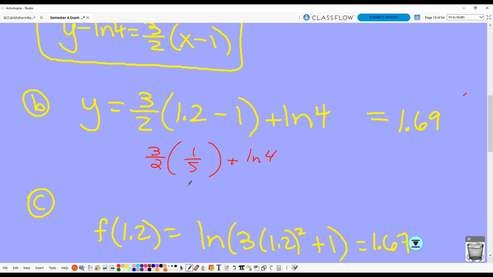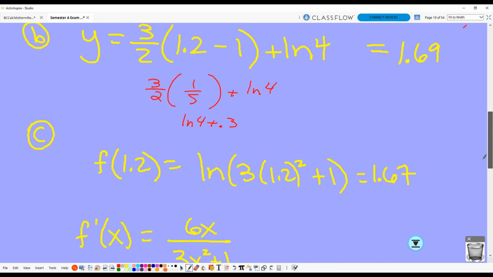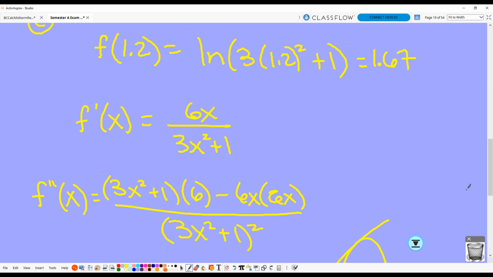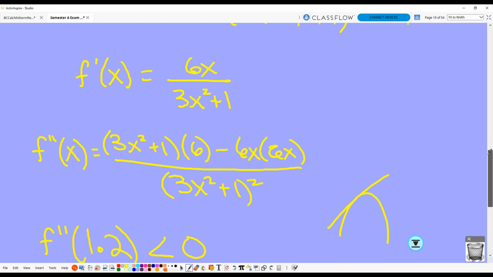But B and C were both about this. When you try and find whether it's an over or under approximation, especially with the natural log, you gotta plug it back in. So is it an over-under approximation? We need to know if it's concave up or concave down. So doing the double derivative,